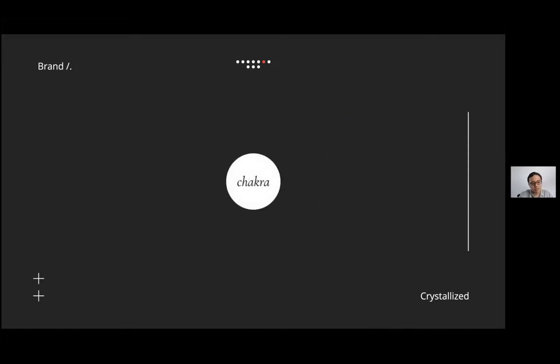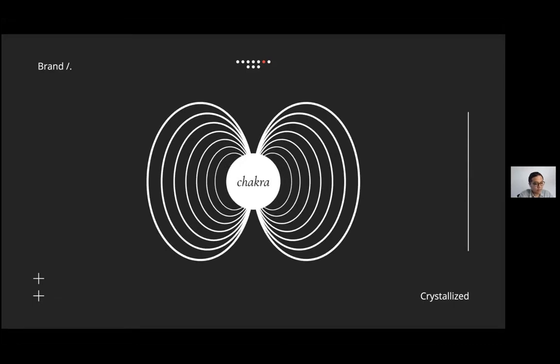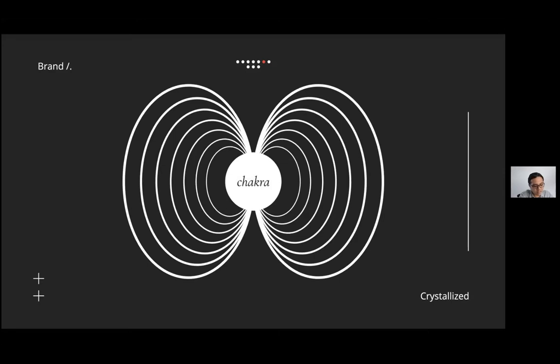And then also, what I read is that crystal is connected to chakra. If you know, we humans have 7 chakras, the source of energy in your body. So I'm making 7 lines because I want to represent the 7 chakras in your body. The way energy is visualized for me is like this, it's vibrating, going outside.